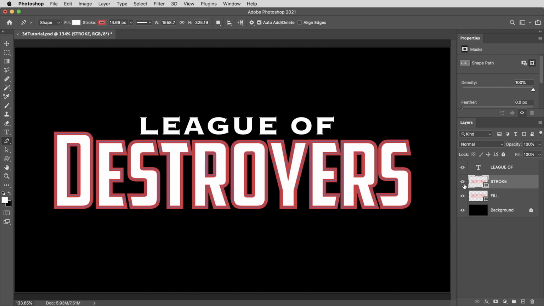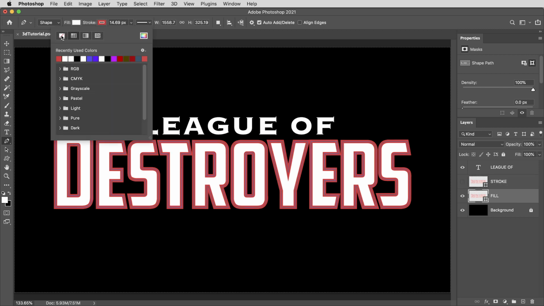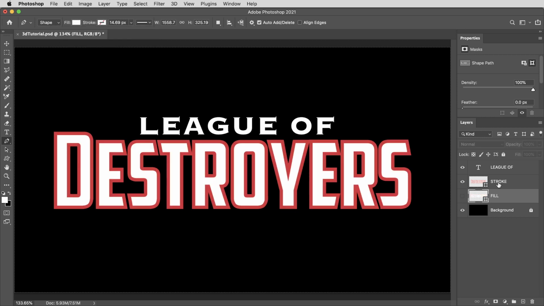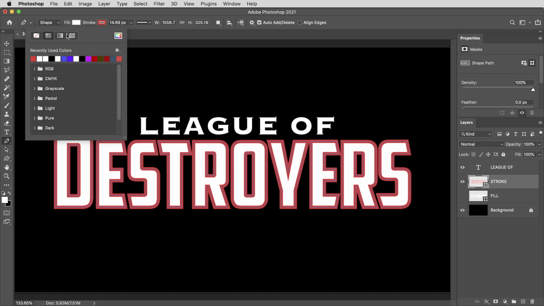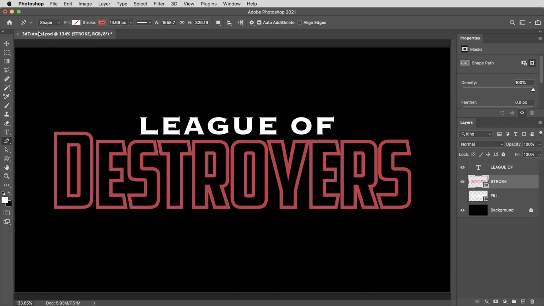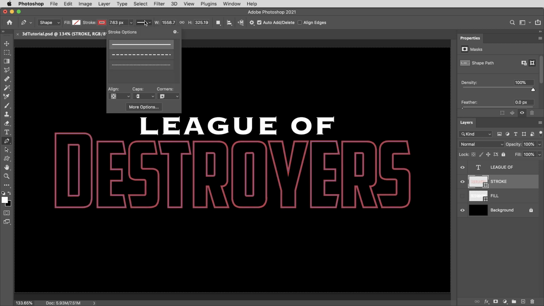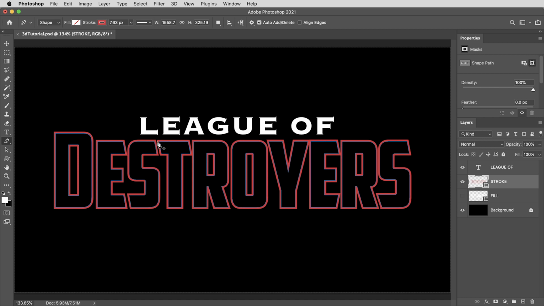Then let me turn the top one off for now, and on the fill layer, I'll click on the stroke color and use this first little option to totally eliminate the stroke. Then on the top layer, I'll do the opposite. I'll select the fill color and X that out. And it doesn't really matter what the color of the stroke is here, but let me adjust the size of it a little bit. And then in this little drop down, I even have control over how the stroke is generated. If I set this align feature to the last option, that'll push the stroke to be on the outside